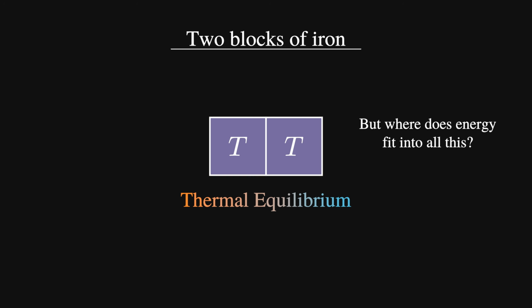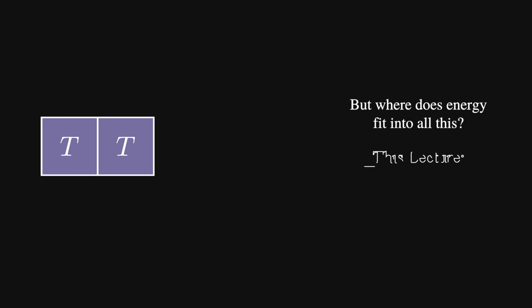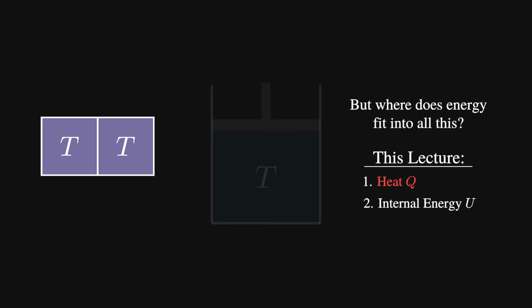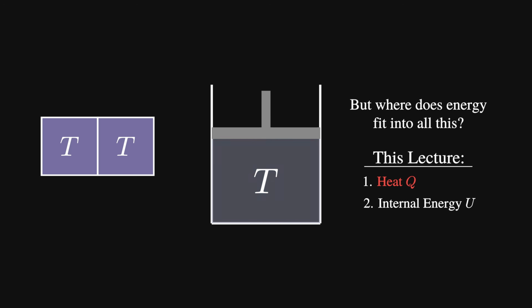In this video, we are going to investigate this. First, we'll see how energy is involved in this exact scenario, that is, via heating. From here, we'll deduce that there must be some sort of internal energy within thermodynamic systems, which is affected by heating. After this, we'll identify any other ways that energy can flow in and out of a system, such that